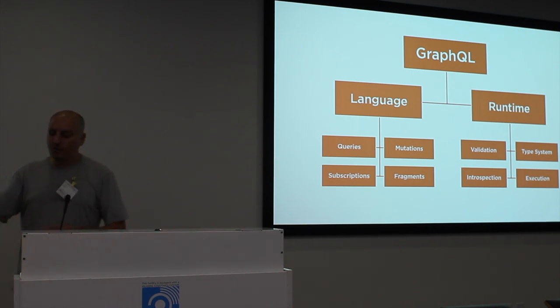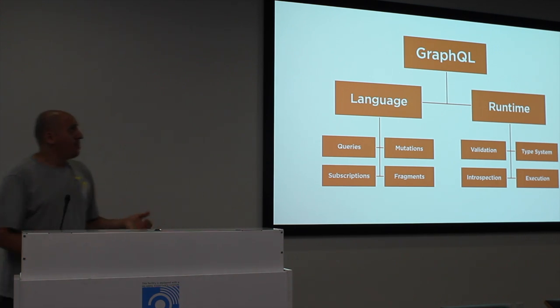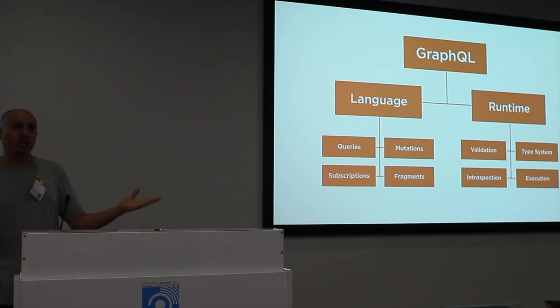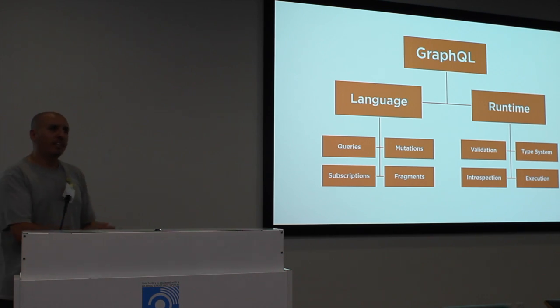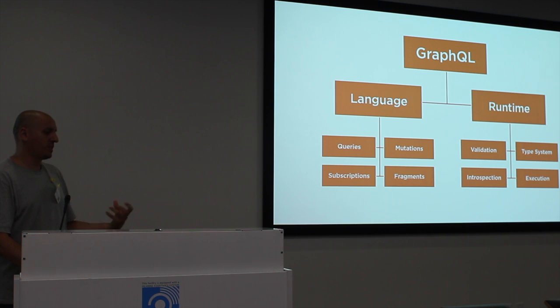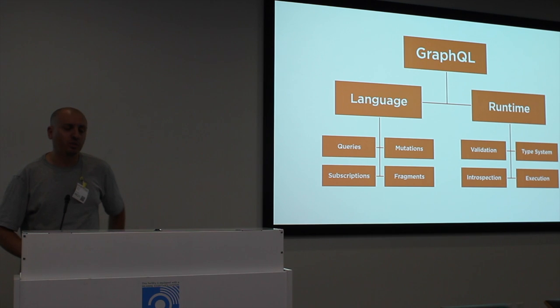And this allows for responsibility management in the UI, right? And the runtime on the server side has features like, well, you need a type system because GraphQL is strongly typed. But the runtime is responsible for things like validating queries before parsing them, and satisfying their results. And actually, the execution part of the runtime is also huge because you have things like parallel execution if you need to go to multiple data services.